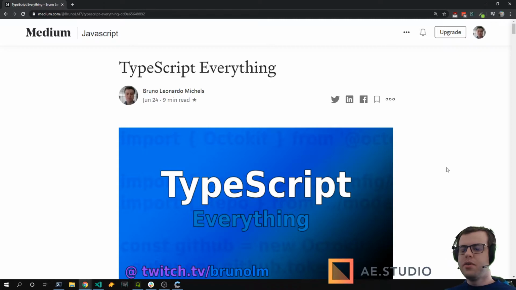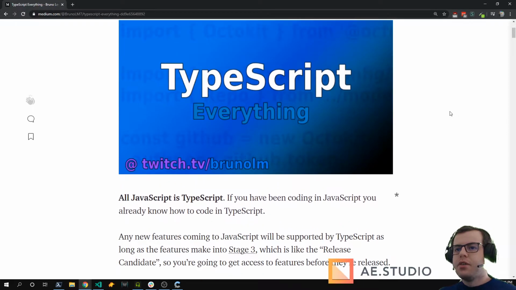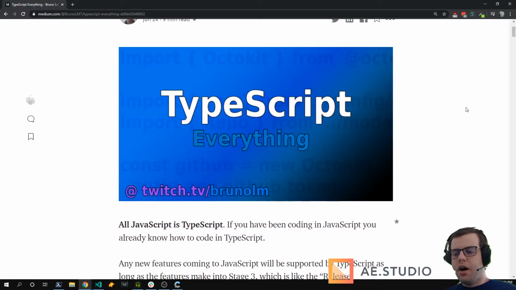So I'm gonna go through the things that TypeScript is and what it does, so you can draw your own conclusions. So first of all, JavaScript is TypeScript. You can get any JavaScript code, put it in a TypeScript file, and it's going to be valid.